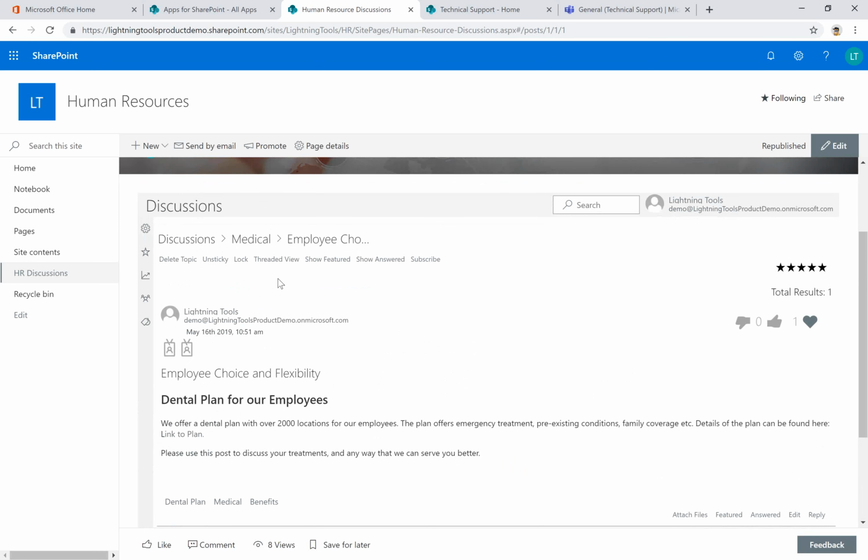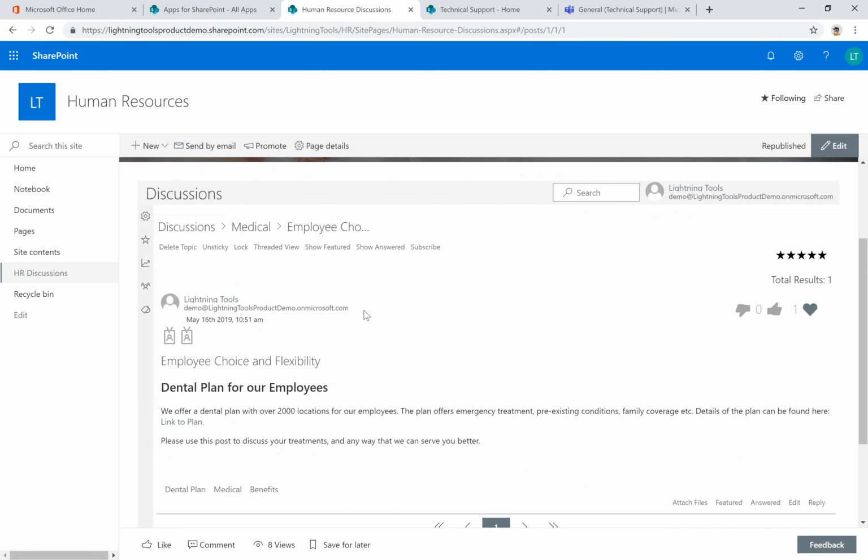There are no replies to show this next option yet. So I have the option of showing a threaded view. That's going to show indentation between each response. So it's very much like a sort of Facebook type thread, so you can see replies to replies and so on quite clearly. We can show and hide those posts that are marked as featured. We can show the answers, so the ones that are marked as answered, and we can also subscribe as well